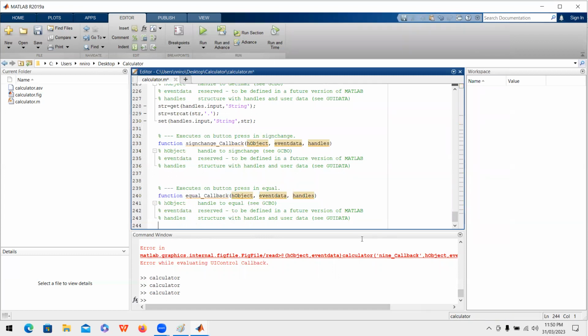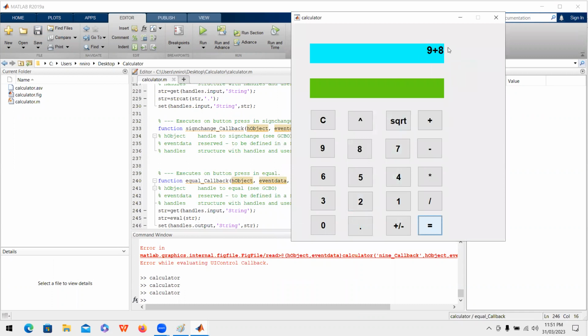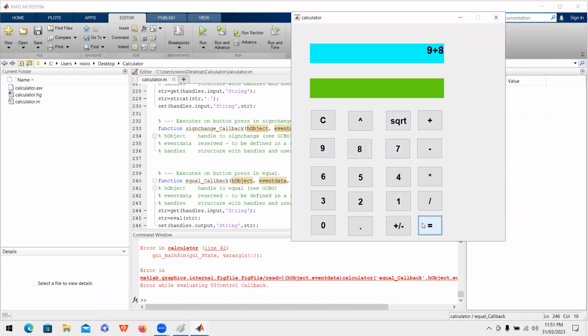So here, what do we want to do? First of all, I want to get the input from the input panel. Okay, and right now, this string value, I am storing in str. Eval is your built-in function to evaluate the whole expression that I am providing in the input panel. Okay, then this should be the output. Why should this be the output? Because right now I know 9 plus 8 is 17, and I want to show this 17 on my output display. Okay, so just run this option. So 9 plus 8, and if I just press